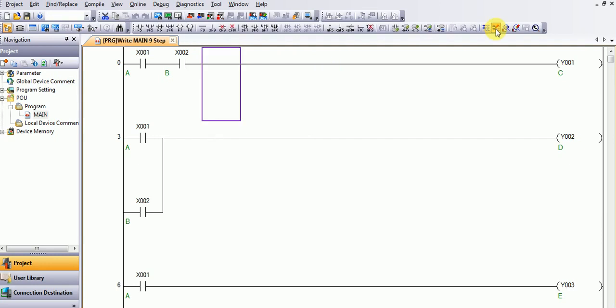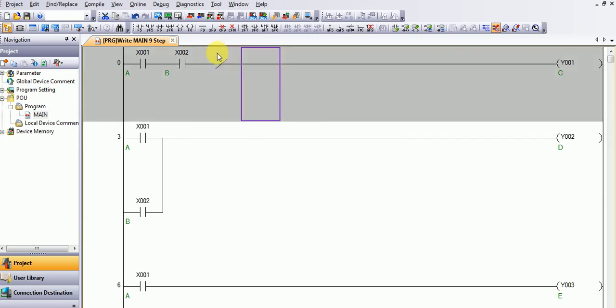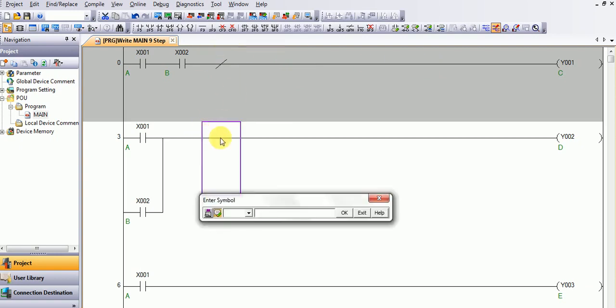This is our edit point. INV, inverse. This is our inverse command. This inverse command will change the status. This is our AND gate, and when I add this inverse, it will make a NAND gate. In the same way I will add inverse here,